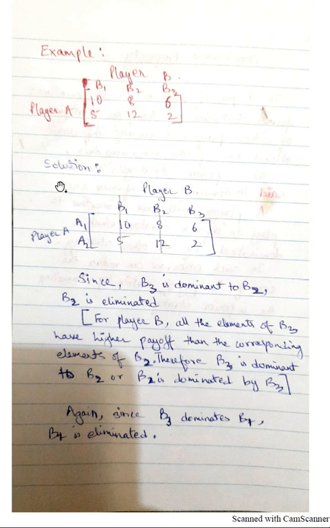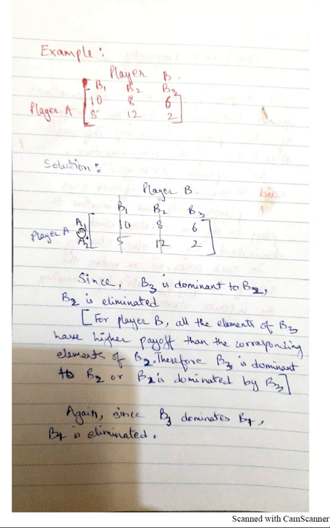So let us look at the solution. First we'll copy down the payoff matrix as it is given. I have also added A1 A2 here, which was missing. Now we have copied everything the same as given here. So now let us try to compare between strategies A1 and A2.